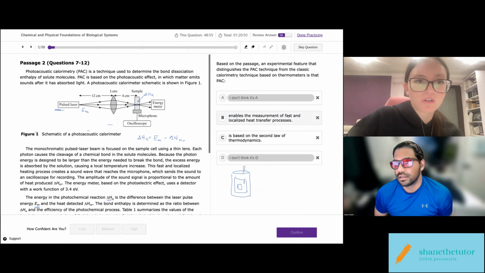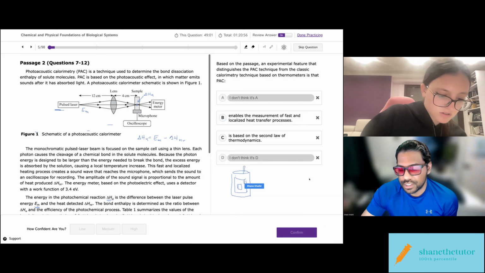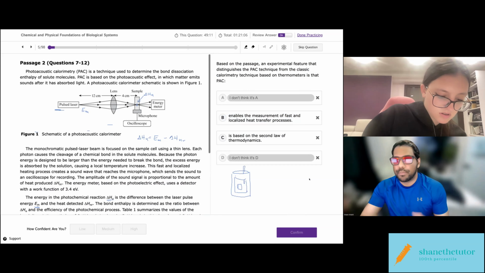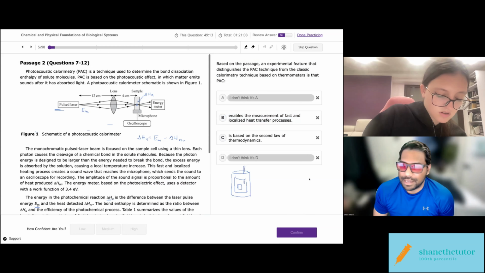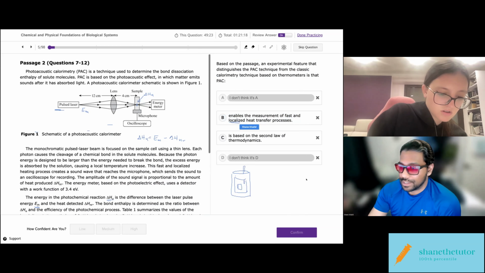That would be more used to describe the bomb calorimeter. Well, the bomb calorimeter, this thermometer here, is not placed in the container or anything. It's just placed in the water there. So it's measuring the general temperature of the water in that bomb calorimeter. It's not measuring it directly or close to it. So it wouldn't be localized,